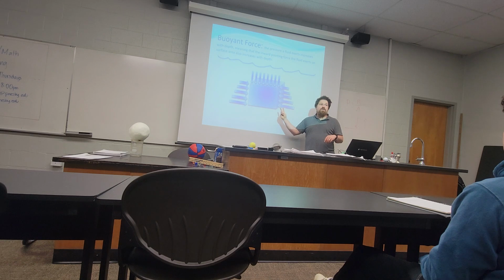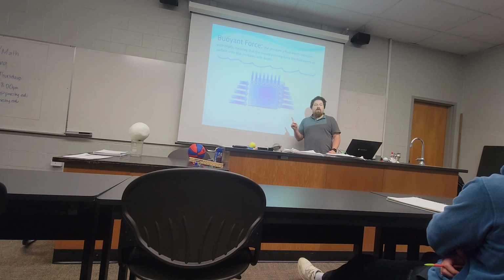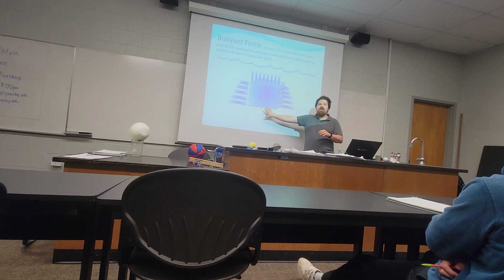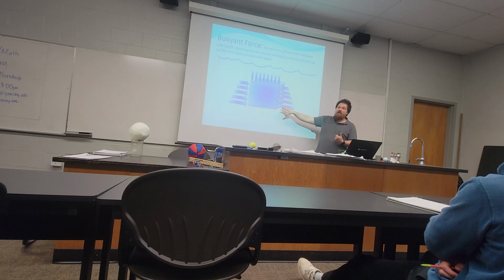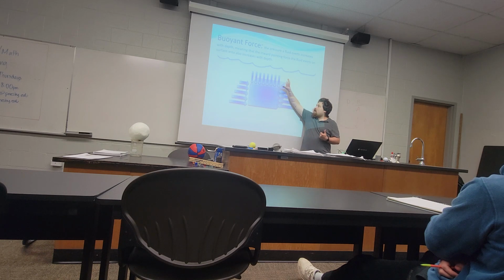However, there's two things to note about that. One, the bottom is at a deeper point than the top. The water pressure down here is bigger than the water pressure down here because it's physically deeper into the water. And so the arrows down here will be bigger than these arrows up here. Does that make sense? More pressure, more force on the lower part of the cube. And on the lower part of the cube, inward, the pressure is going to point into the surface. What direction does inward point on the lower flat face of this cube? Up.